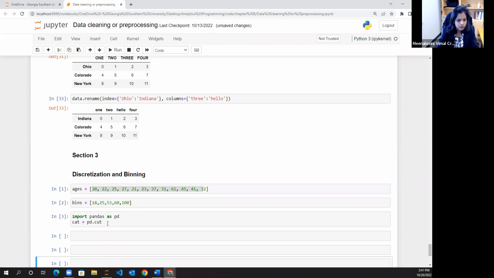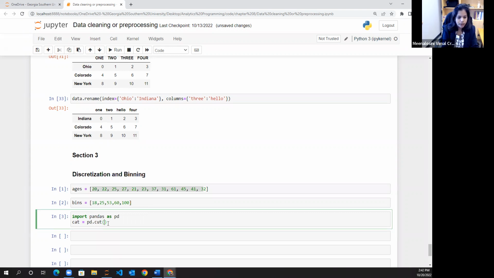You can see this cut method. Using that method, we are going to categorize this. The data that we want to categorize, the group of values, is the first parameter that we are passing. And we are going to categorize the ages according to the values given in bins. Okay, so if you run this,